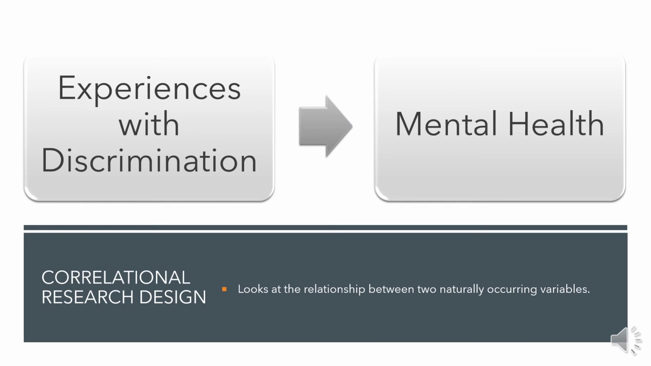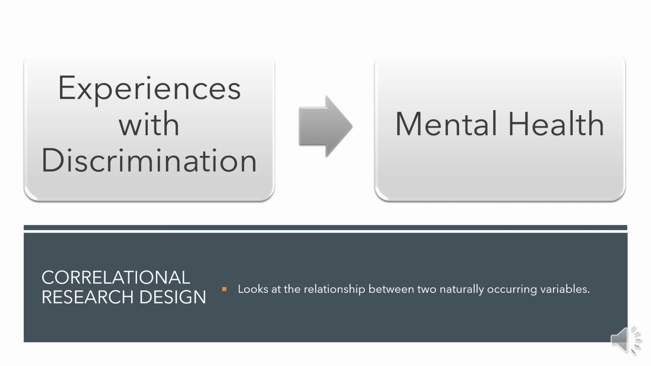Correlational research designs are used to study naturally occurring or unmanipulated variables. Oftentimes, these are variables we're unable to manipulate as researchers, potentially due to ethical concerns. For example, I do research on experiences with discrimination. It would not be ethical for me to expose someone to discrimination so I can see how that impacts their